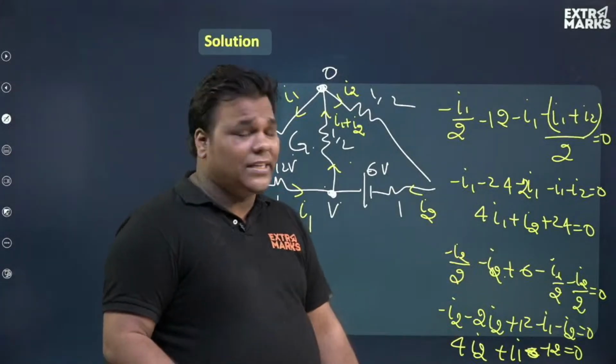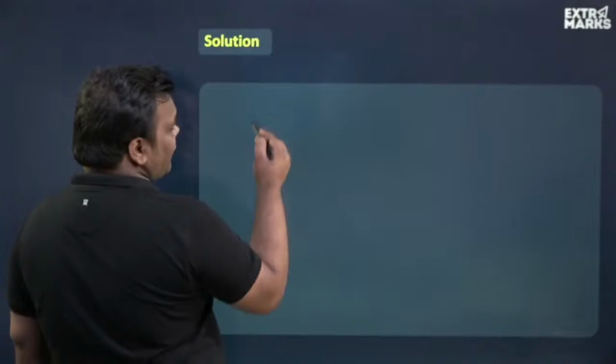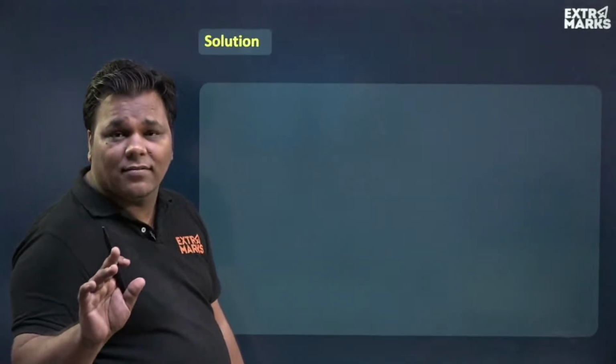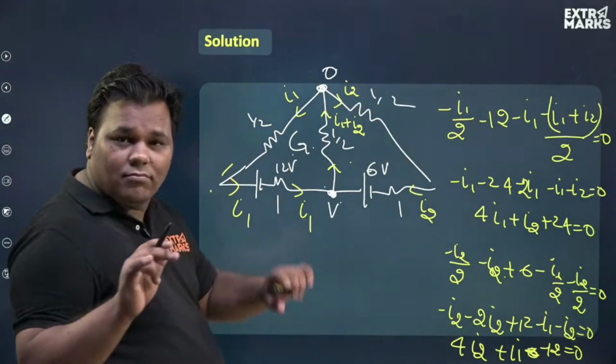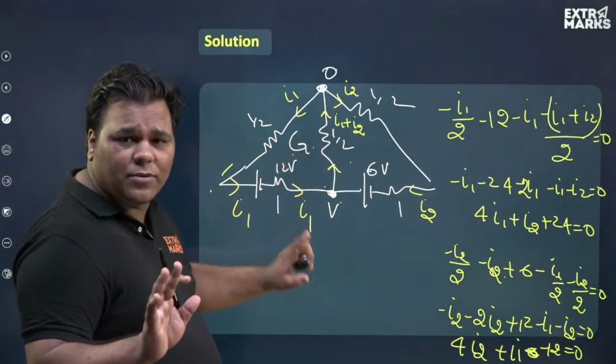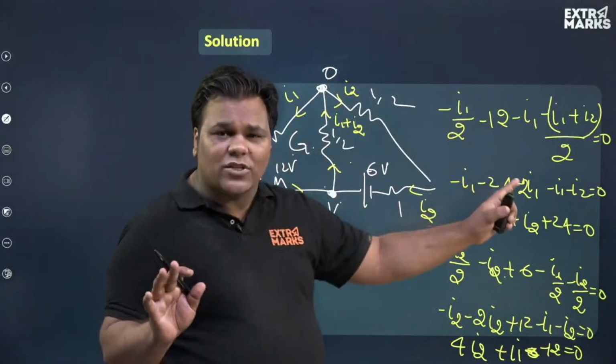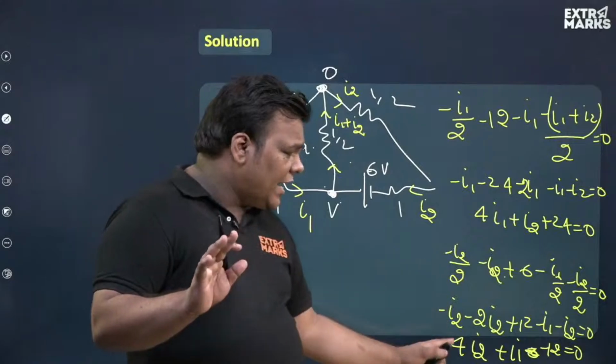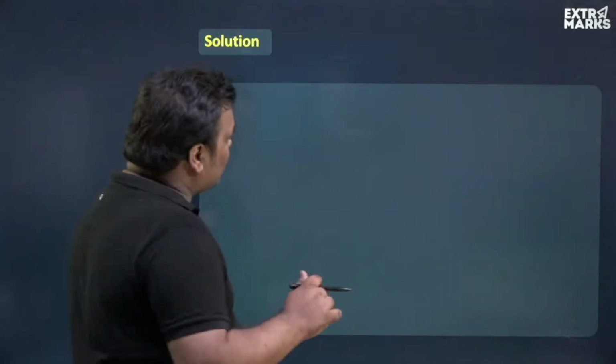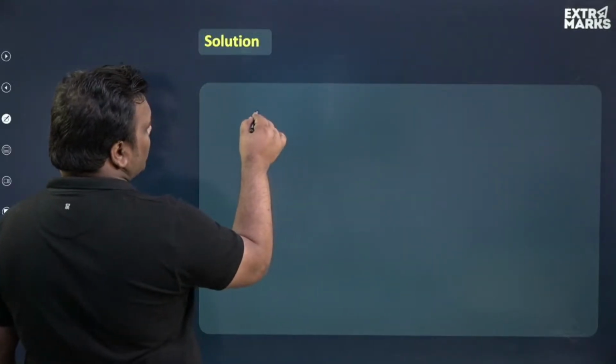I just need to solve these 2 equations. I know the question was difficult, but that was of 4 marks. So, depending on the marks, this question was perfect. 4I1 plus I2 plus 24 is equal to 0. 4I2 plus I1 minus 12 is equal to 0. So, in order to solve this question,